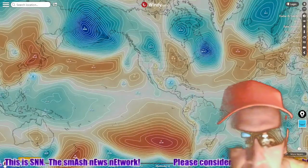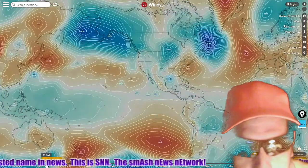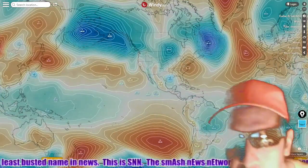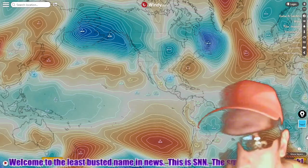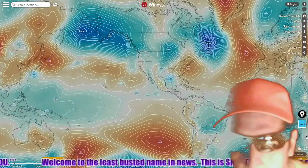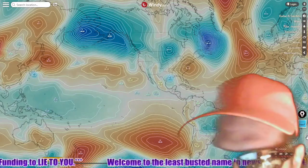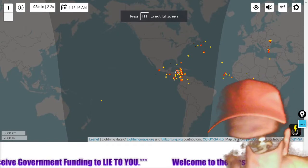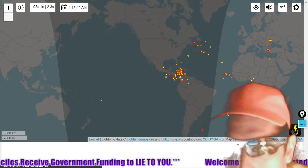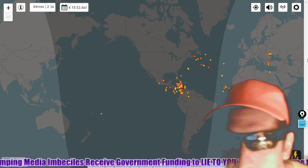Next, looking at pressure cells. We're going to bring this up to tomorrow at 12 noon. There's where we expect them to be at 12 noon tomorrow. Just about making landfall will be that low. Expected to be at about 29.2 millibars. I think it's millibars. Here's a lightning situation. I like to use